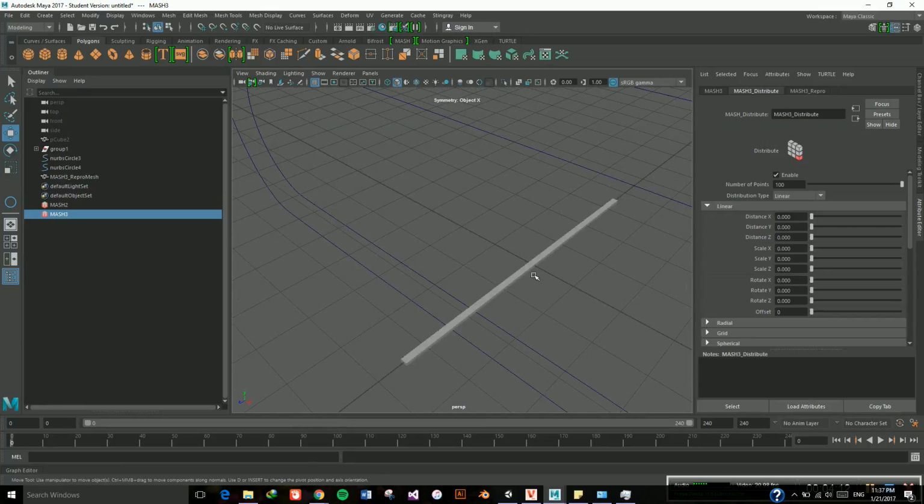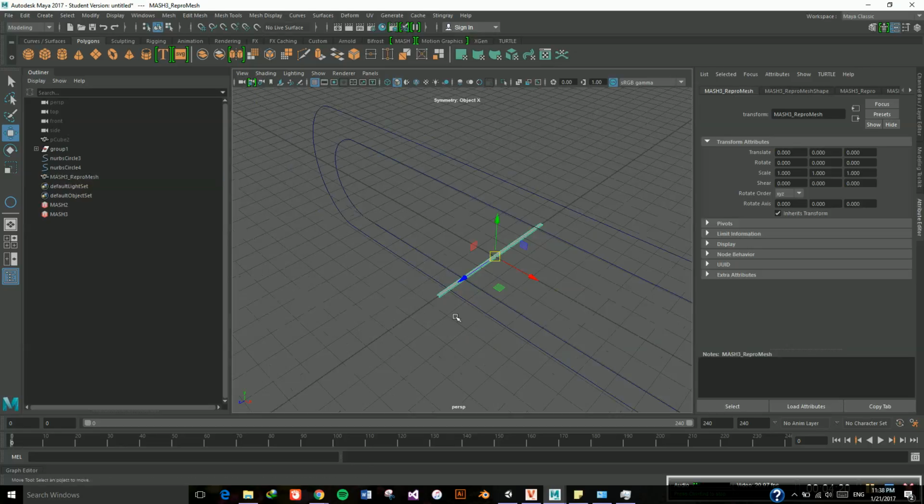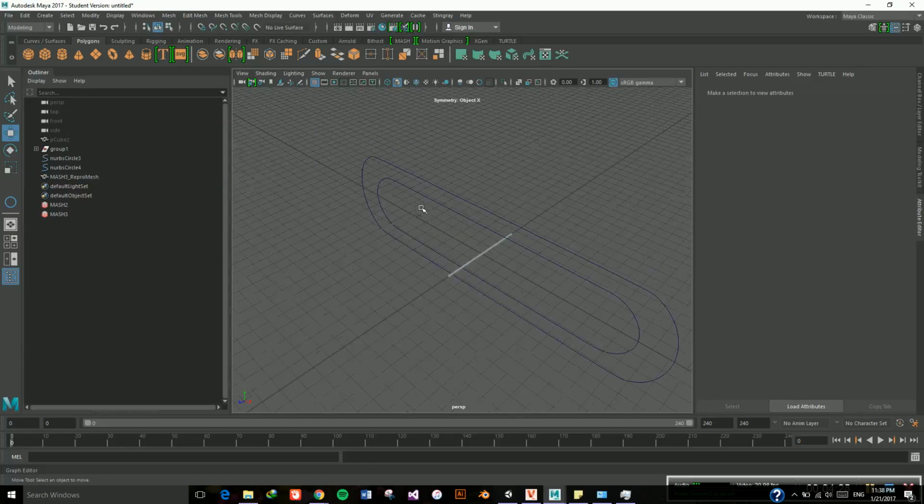After we are done instantiating 100 copies of the object that we need to replicate, the next thing would be to distribute them about the curve that we want as the conveyor belt, or this could also be a tank crawler, sorry. So it's basically anything that rolls about 2 cylinders at each end. So what we do next is